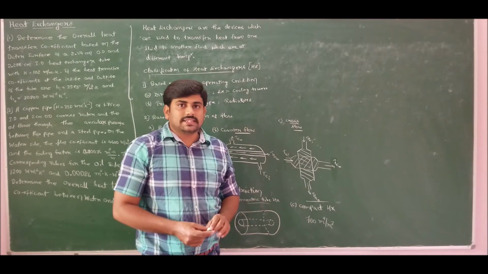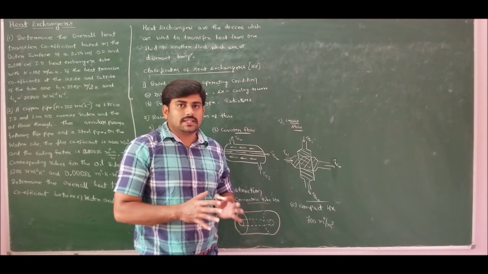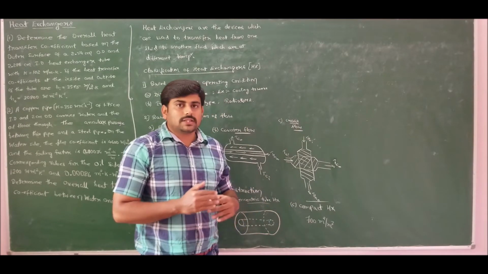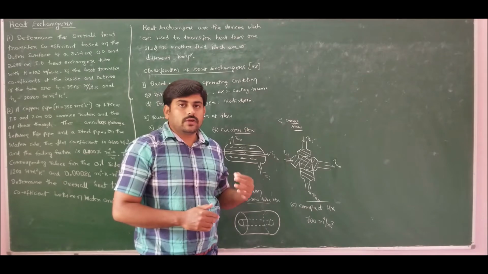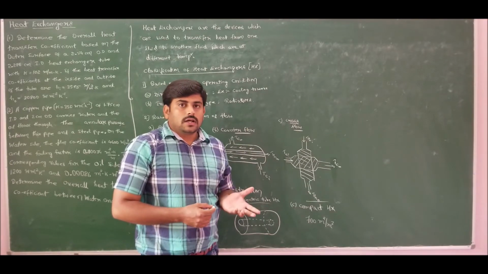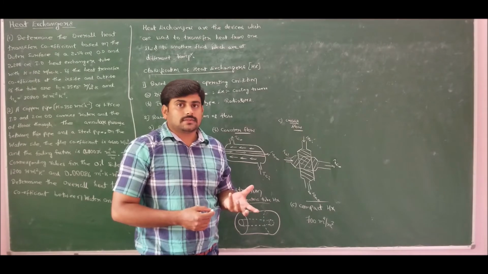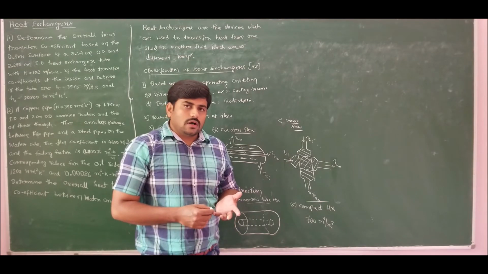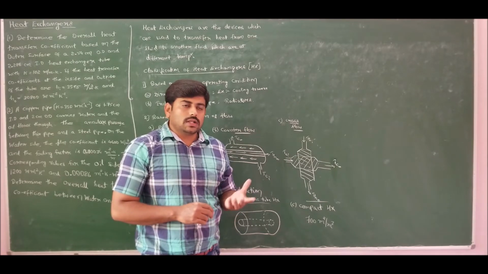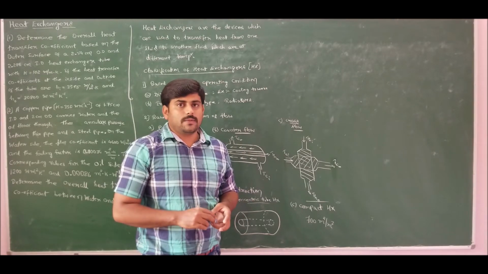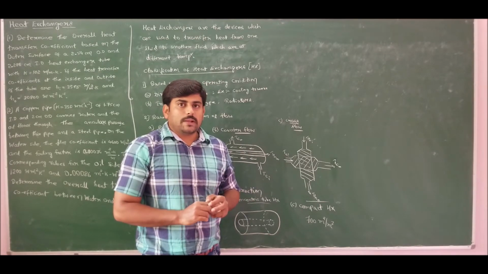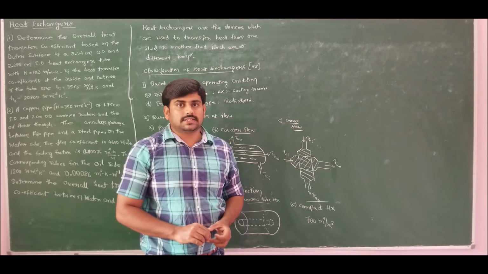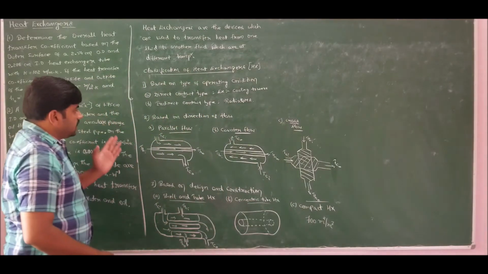The advantage of compact heat exchangers is that the surface area of heat transfer provided is very high for the given volume. So this makes them very compact and suitable for mobile air conditioning systems. Louvered fin evaporators and louvered fin condensers are very good examples of compact heat exchangers. If you want to know the meaning of louvered fin, just Google and search for images of louvered fin condensers and louvered fin evaporators, which are used in mobile air conditioning systems. So this is about the three classifications.